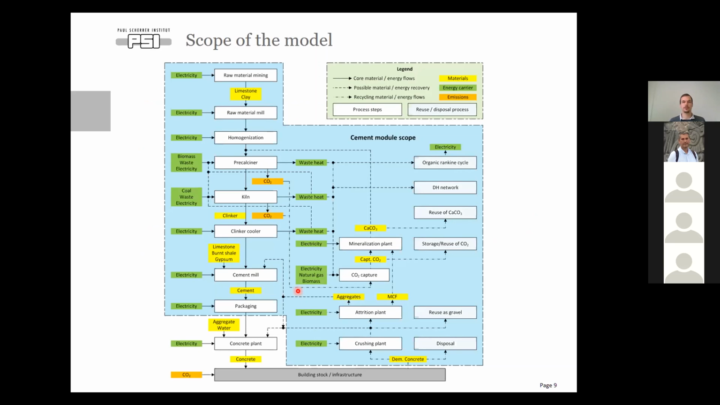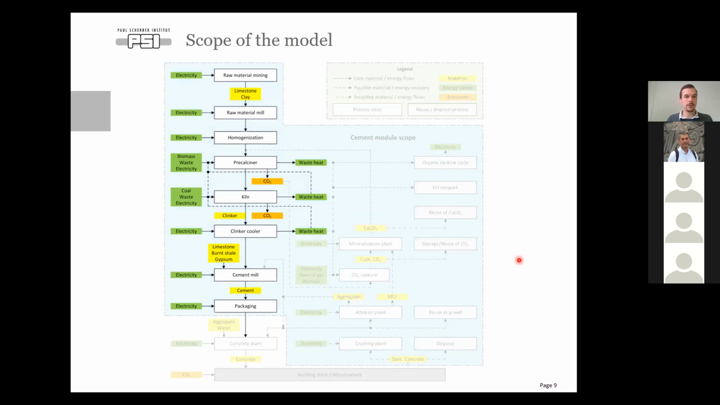So this is the full scope of my model. I would like to go through some of the features here. So first of all, let's start with the basic production path of cement. What we have included are the usual steps that you need to produce cement, starting